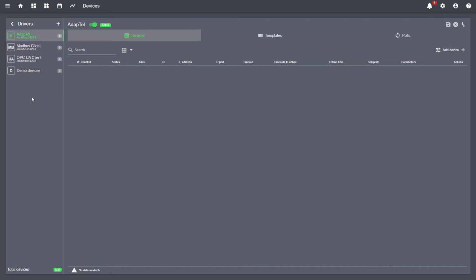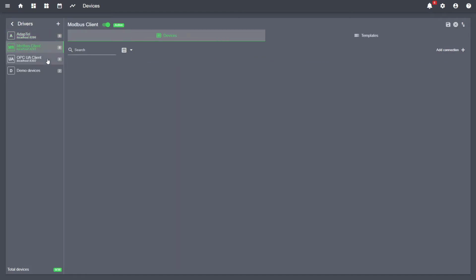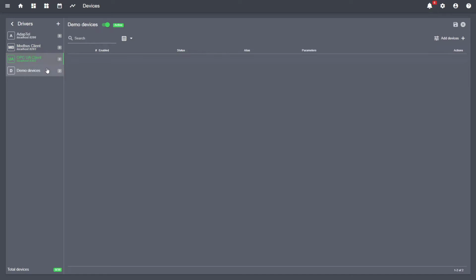Drivers allow you to establish a connection using the appropriate protocol to the device or application that acts as a data source. There are 4 standard drivers in SmartICS application. ADAPTEL is a driver for data transmission via radio DMR networks and radio TETRA networks. Industrial communication protocols Modbus, OPC UA, and DEMO devices driver with which you can add a source of automatically generated